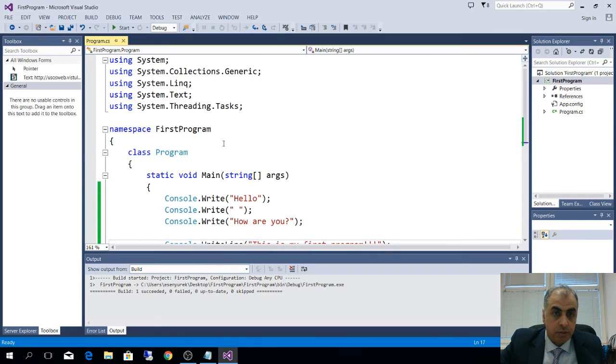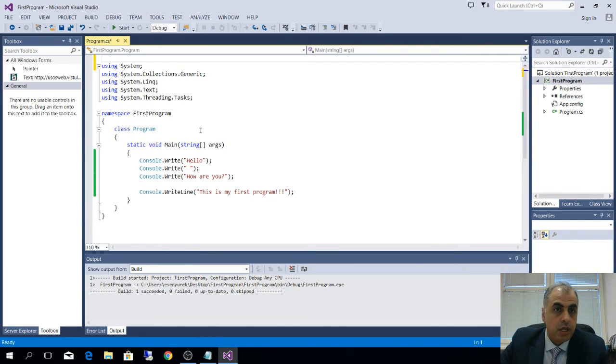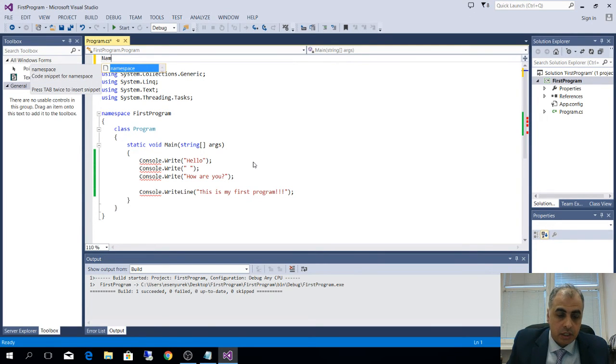So here, this is the program. Let me make it smaller. Let's say we are going to print out this page and hand it out to our teacher, and the teacher is asking who has this program, and I would like to inform here on top, for example, name. Sorry, as you see, when you start writing name, namespace comes from the IntelliSense. By pressing Escape, I close that IntelliSense. Name is Edip Şenyürek,